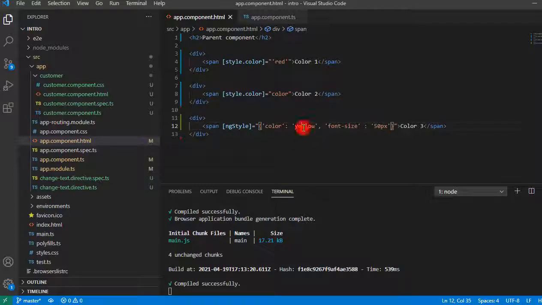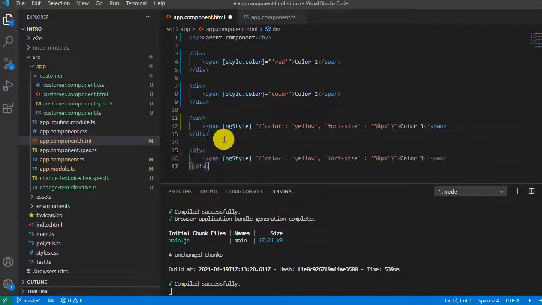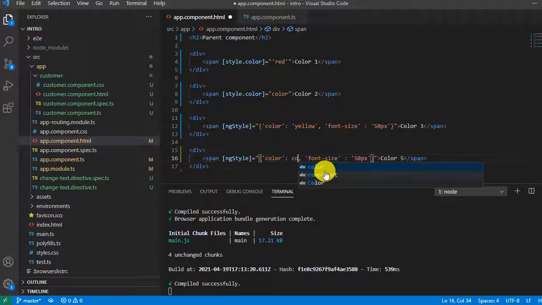Now here I have done kind of hard coding, like yellow and 50 pixel. Now I can get these values from the TS file. Let's do this. Say color 4, and I'll mention the variable color because I already defined the color variable in the TS file. And here I would say size, that I need to define.